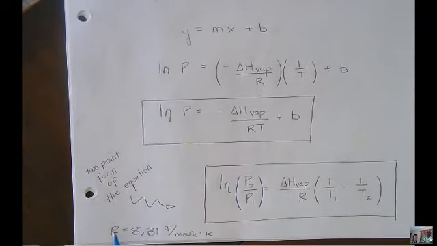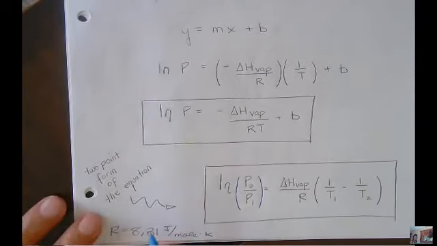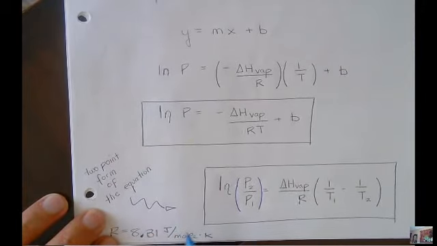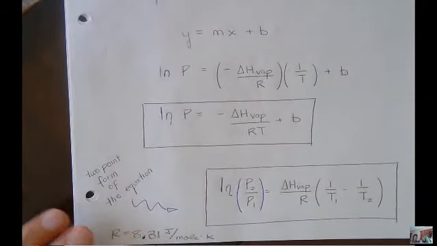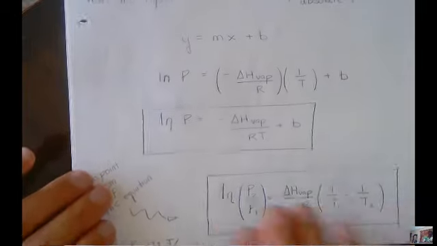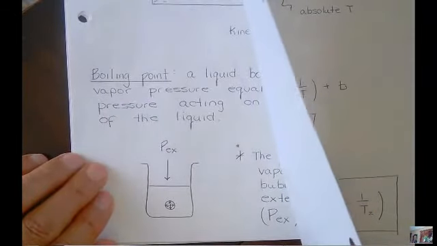And then last thing you need is the R value. It's 8.31 joules per mole degrees Kelvin. Okay, so let me see if I did a